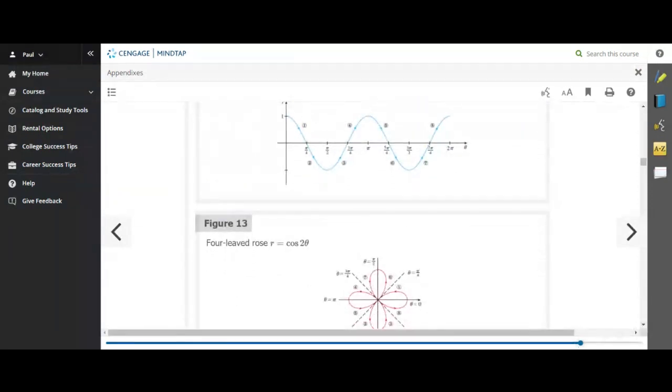This is how you work it out, but it's actually not that hard. It saves you from plotting a lot of points if you just look at the trig graph and use it to help you trace out the polar graph. Now, if you were to use Desmos for r equals cosine of 2 theta, then in Desmos,